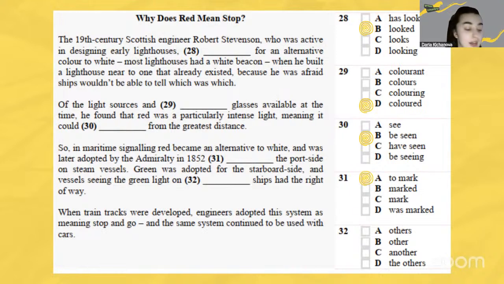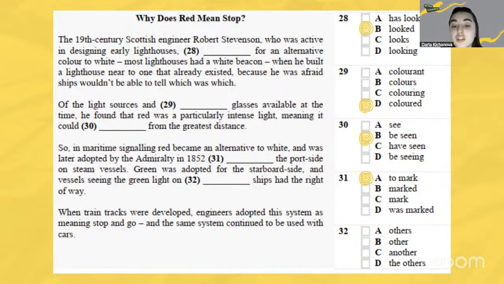It is A, and you are correct. So this thing was done for what? What was the purpose? To mark the port side on stream vessels. Yeah, absolutely right. And the last task that we have for today, it is seeing the green light on others,